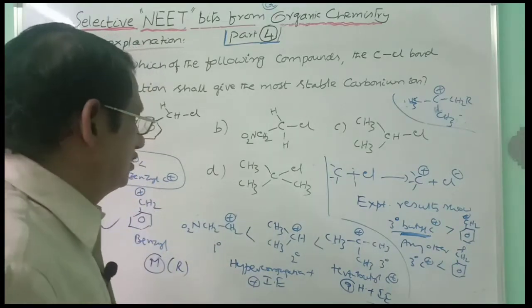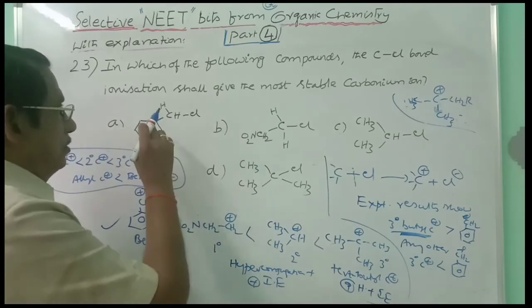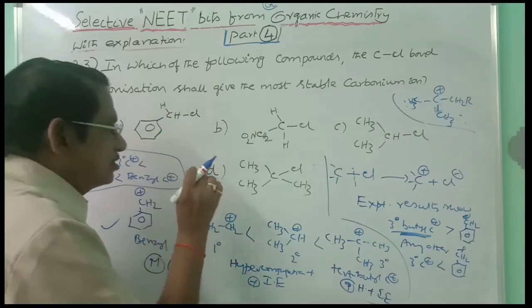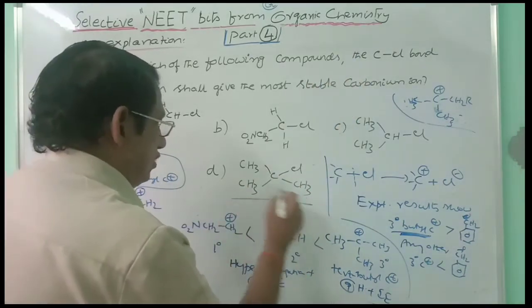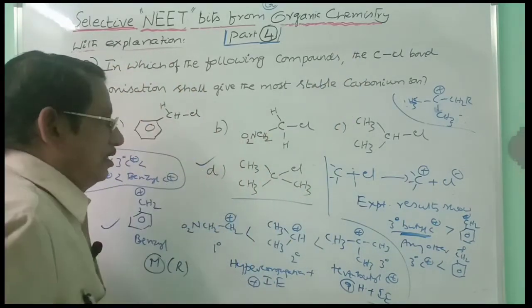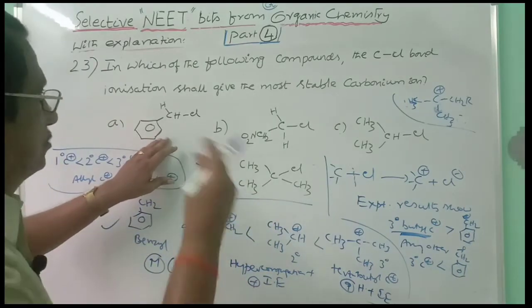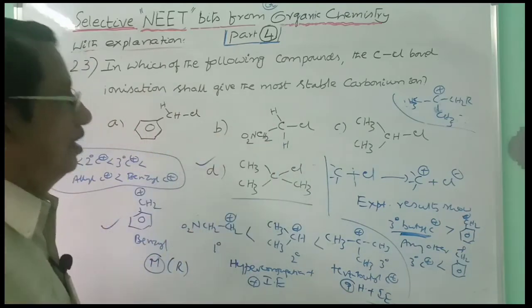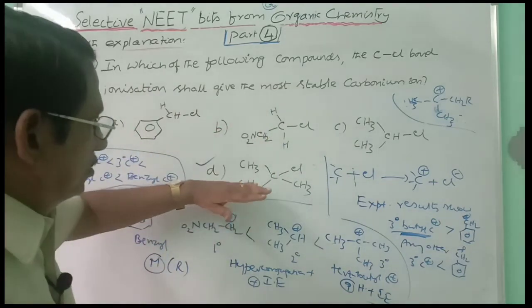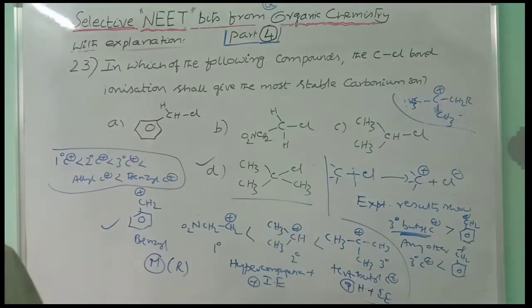And so here, in this case, what is the correct answer? Benzyl carbocation is slightly less stable than tertiary butyl. The most stable carbocation here is tertiary butyl carbocation. If you take the order, tertiary butyl is more stable than benzyl, benzyl is more stable than secondary, secondary is more stable than primary. This is the order actually, and the most stable carbocation is tertiary butyl. This is the answer. Okay? Follow? Next bit.